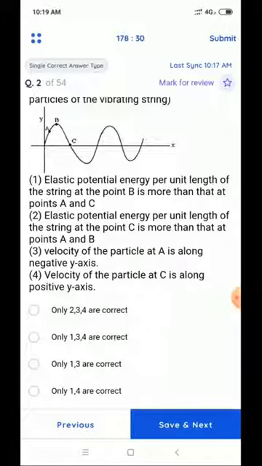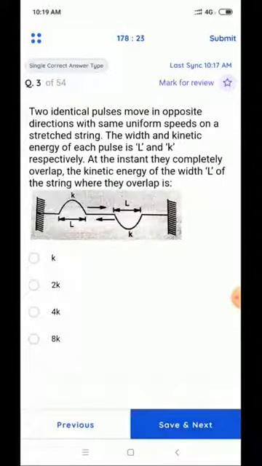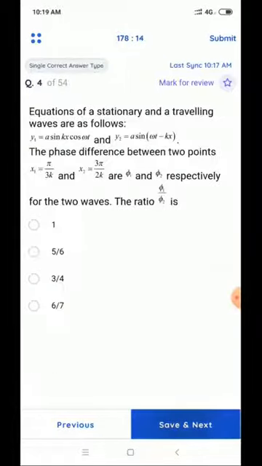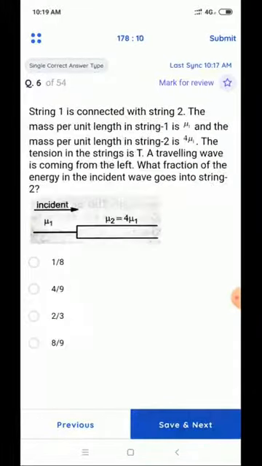So for each question you need to select the option and click on save and next. You must click on save and next, then only your answers will be saved in the server. For every answer you need to click on save and next like this.